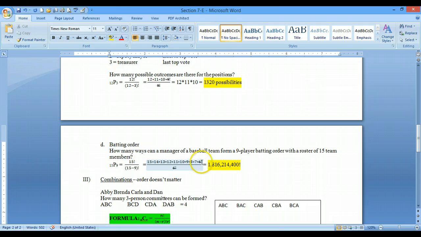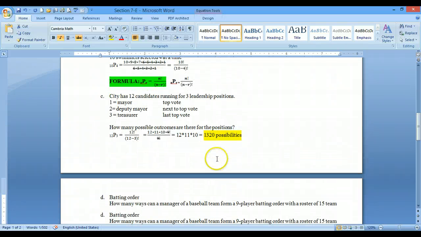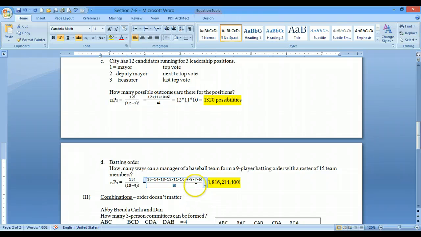keep going, but I know that this is also 6 factorial. So to speed us up, and you don't have to, you can keep going. You can do 6, 5, 4, 3, 2, 1 so that you can show that it's canceling out just like we did up here in the swimmers. But just to speed us up, I'm going to stop, cancel out the 6, and I'm left with 15, 14, 13, 12, 11, 10, 9, 8, 7, and I can highlight those,